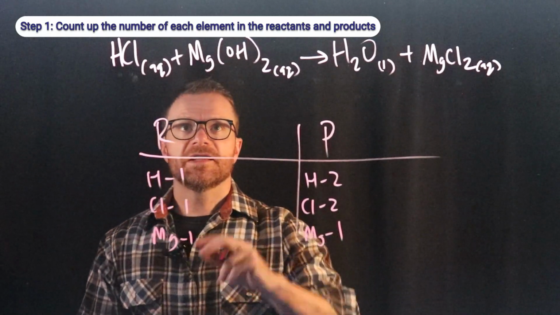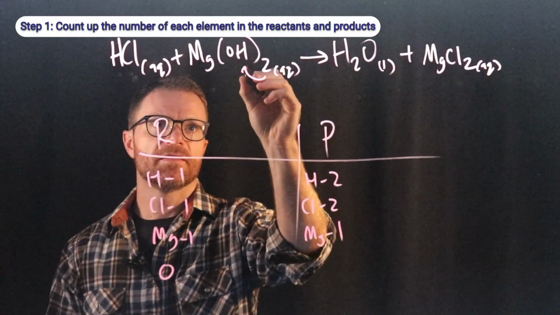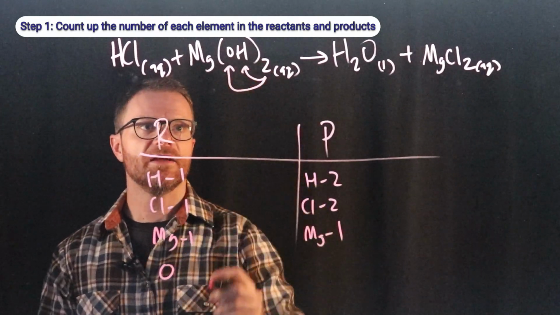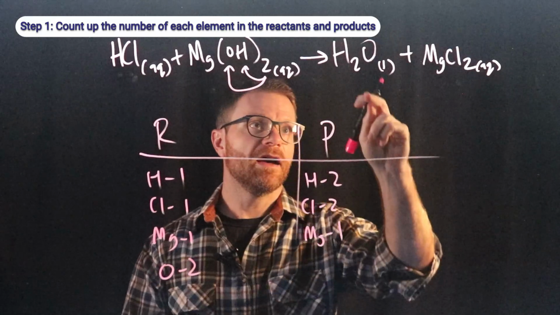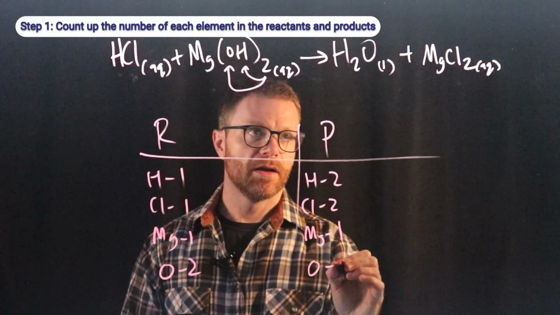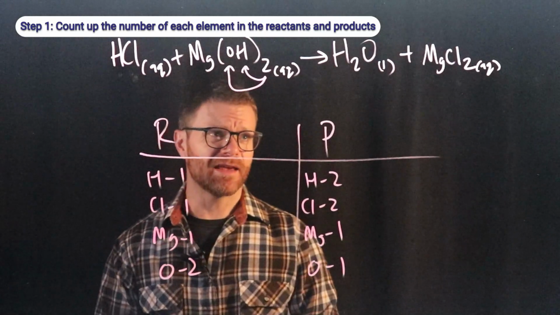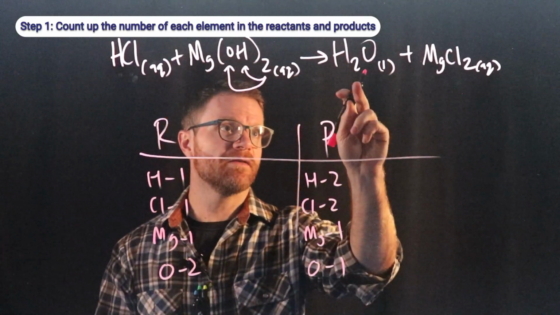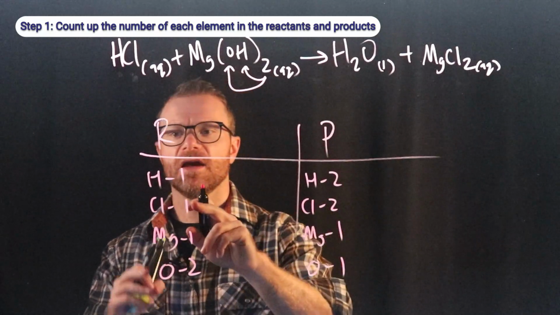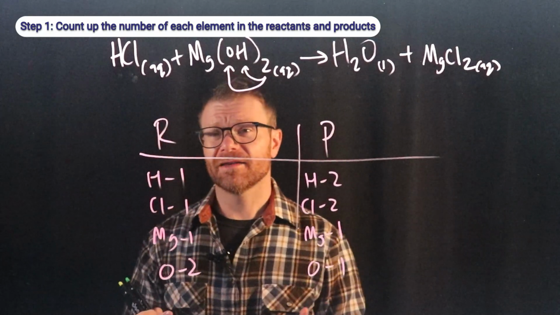And then I've got oxygen. I've got 2 of them here, because remember, this 2 goes to the O and the H in my reactants. And I have only the 1 in my products. And I see that I made a mistake. You'll notice with my hydrogens, I have 2 here in my products. And I said I have 1 in my reactants, but I don't actually have 1 in my reactants, because